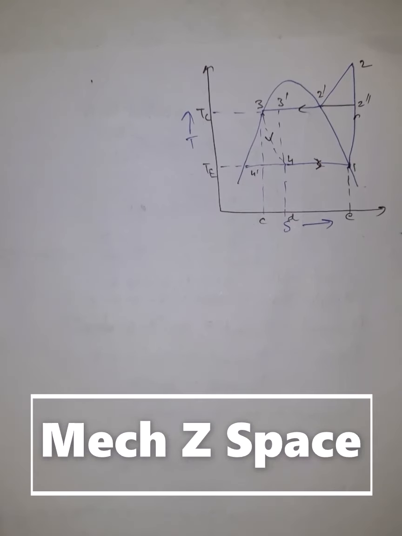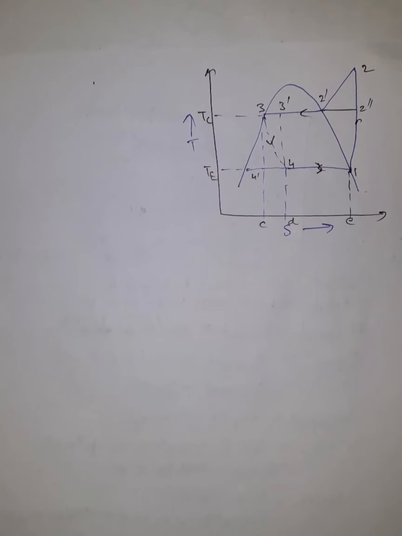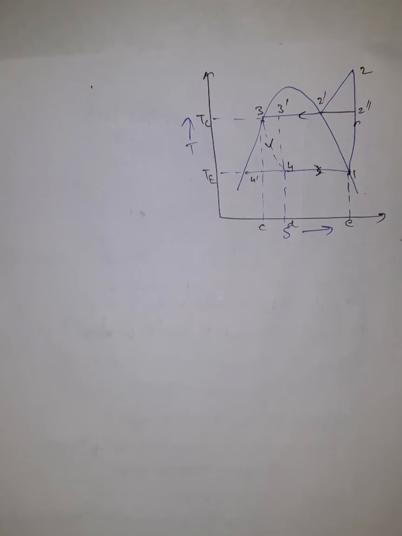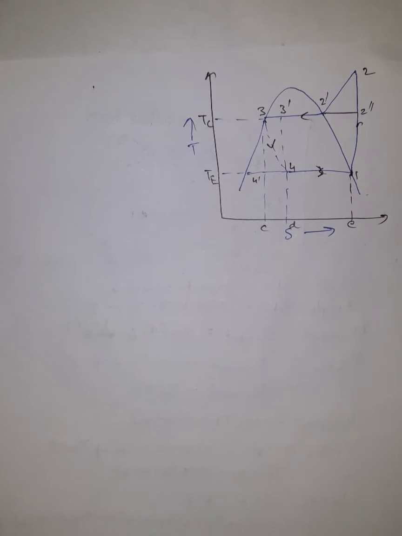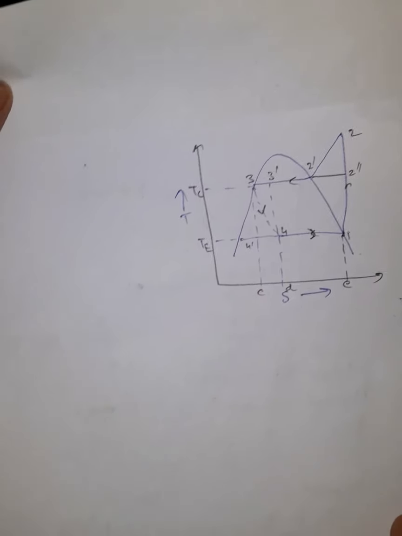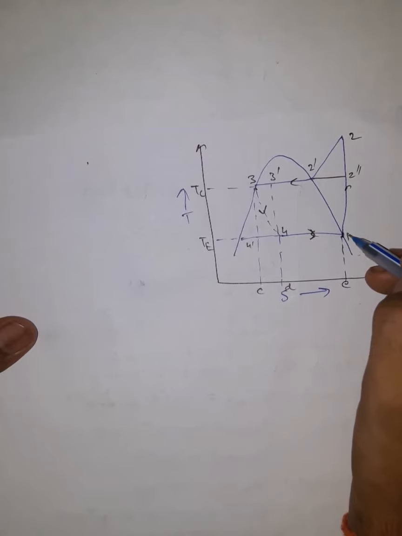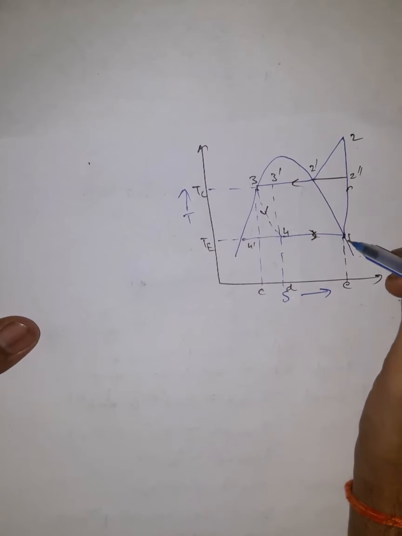Okay, so now we are going to look at the mathematical formulations in this VCRC cycle, and this would be helpful in solving the numericals if we actually know what is happening in each and every individual cycle. Okay, so let us start now. So for the process from 1 to 2, we know that this is the